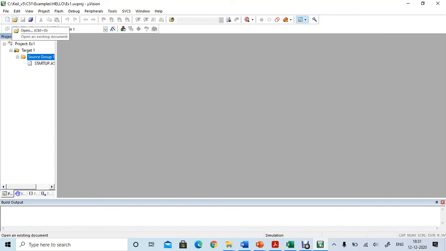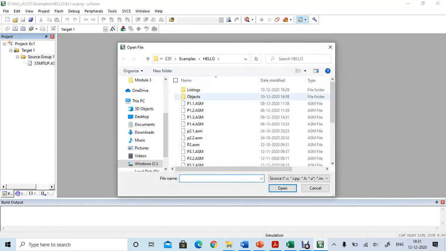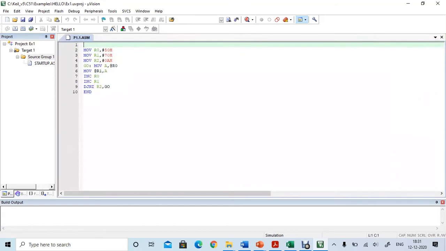We have already written the program, so we'll open that particular program. This is the first program where we have to transfer the contents from the location 50 to 59H to 70 to 79H. Once writing the program, we have to save the program in .asm extension, and we have to add this program file to the project window.